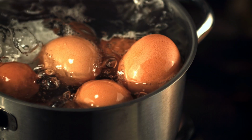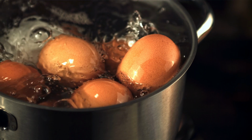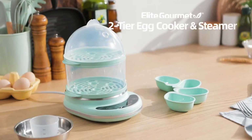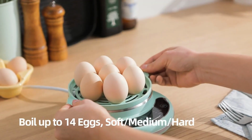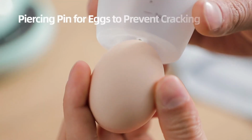Okay, let's settle this. Boiling eggs should be easy, right? Wrong. It's a delicate science, and we've all had egg fails. Too runny, too hard, or impossible to peel. The Elite Gourmet Easy Egg Cooker takes all the guesswork out of it. You can cook up to 7 eggs at once, and it has settings for soft, medium, or hard-boiled eggs. It also comes with a